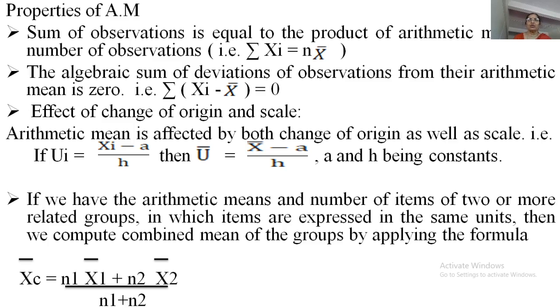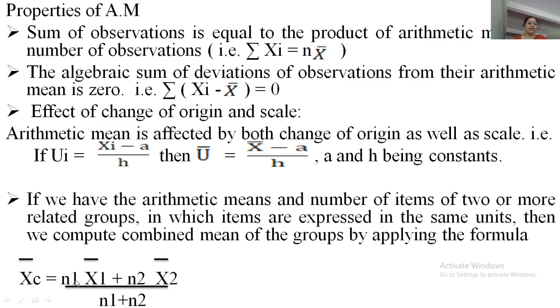So using x1 bar and x2 bar, that is the arithmetic mean of marks of boys and girls, if these are with me, and the number of observations in group 1 and group 2 is with me, I can definitely calculate the arithmetic mean of all 95 observations by using a simple formula: n1 x1 bar plus n2 x2 bar divided by n1 plus n2. That mean is called the combined mean because I have combined two groups together.